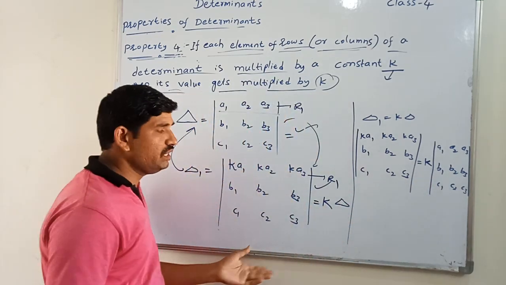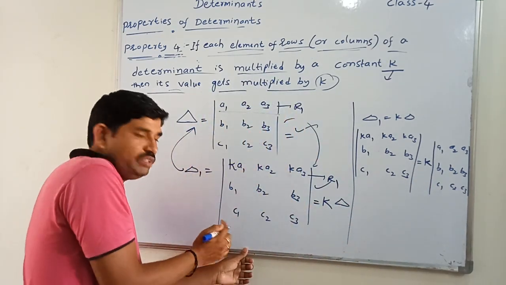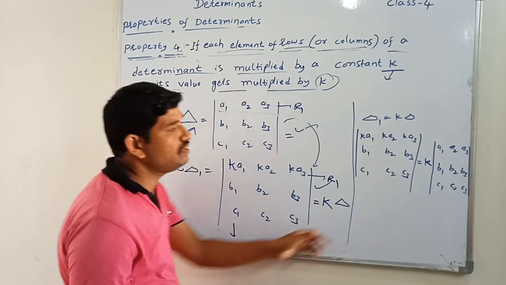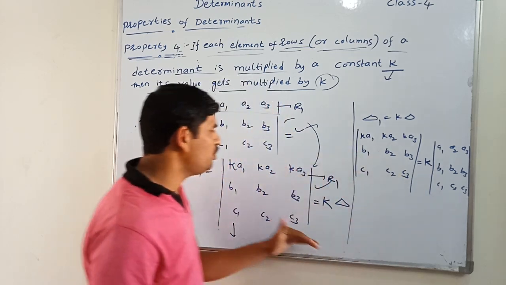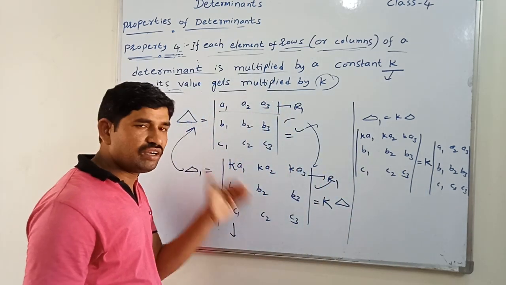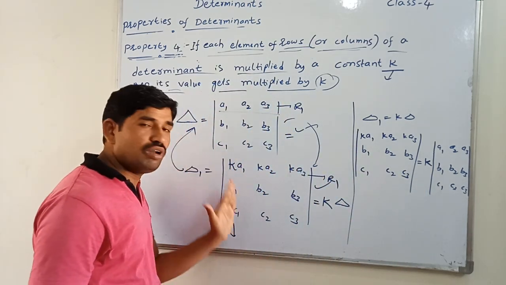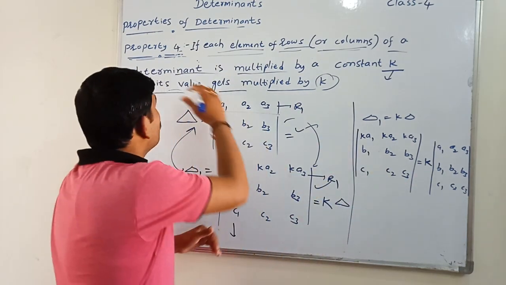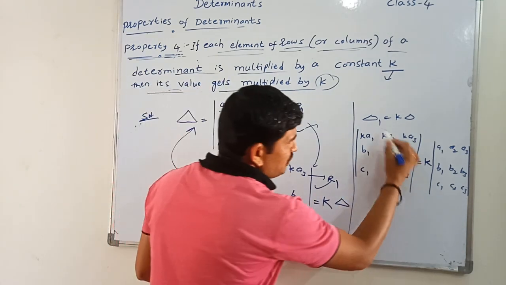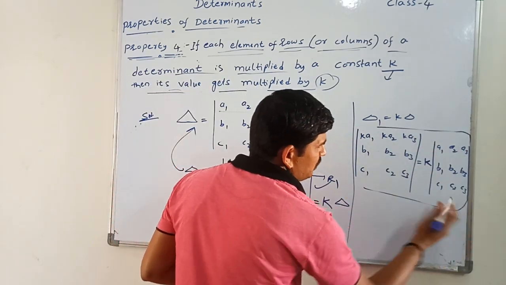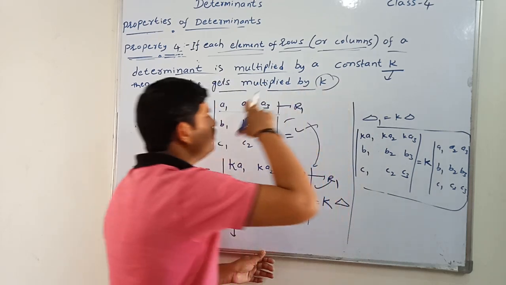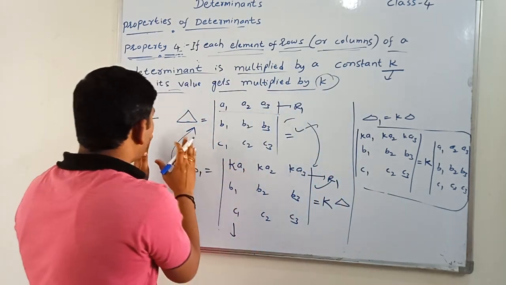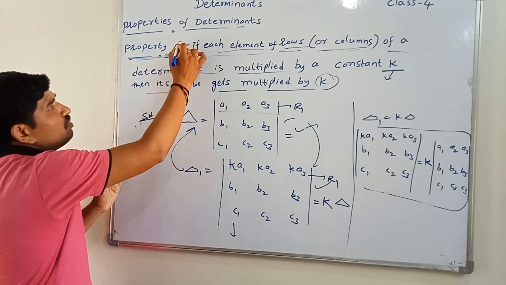Okay. Some student will say, sir, we can multiply for the first column. Yes, this is the first column, so k we can write like this. Again the result is same. Suppose we are multiplying for the first row or second row or third row, or first column or second column or third column, the result is same. This is the property number 4. Result is same means this result we will get: k into again the given determinant only. So we can say one more important point is there in the property number 4.